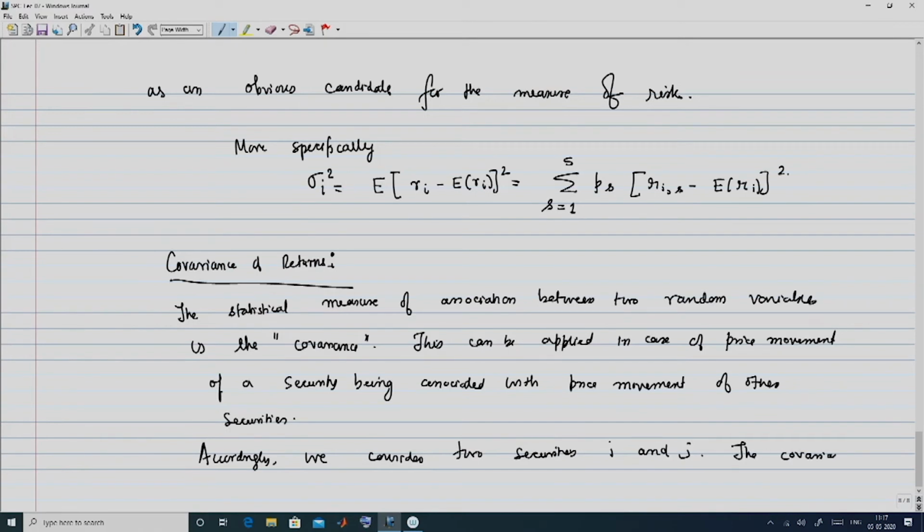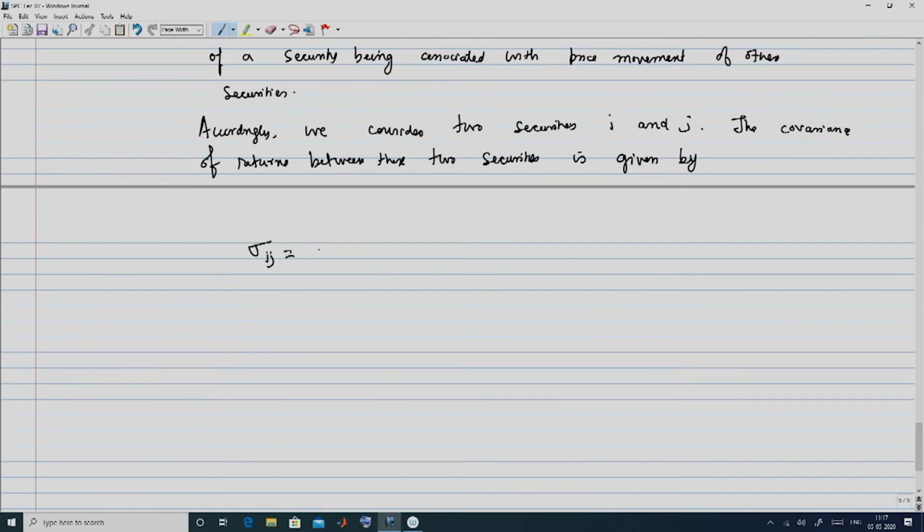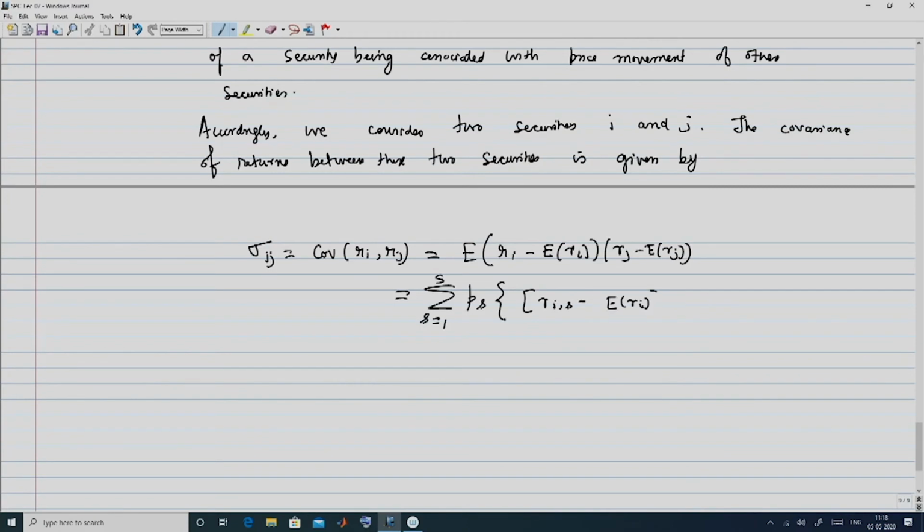So, the covariance of returns between these two securities is given by sigma ij is equal to covariance of Ri, Rj, and this from the definition of covariance is the expectation of Ri minus E of Ri and Rj minus E of Rj, and this in terms of the probabilities is going to be summation Ps, s equal to 1 to capital S, of Ris minus E of Ri into Rjs minus E of Rj,